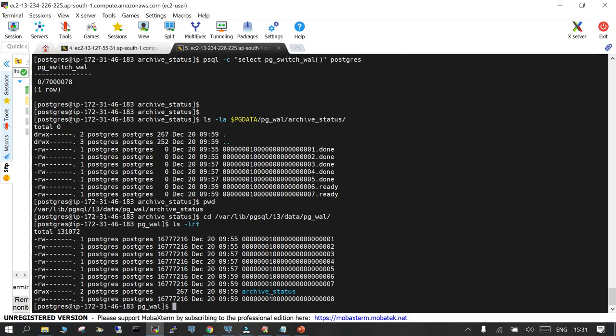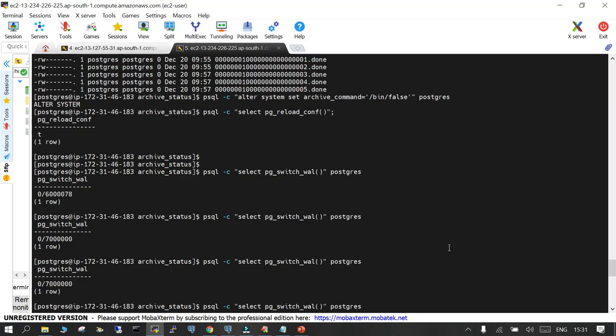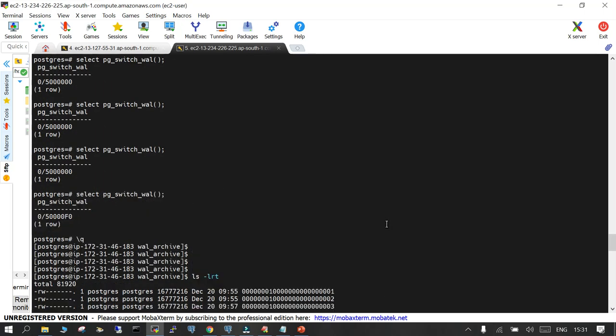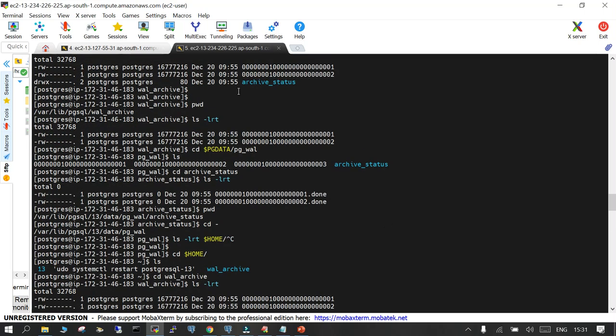If you turn it on again, they will be moved over to the non-default location which you have mentioned. It will not move automatically unless you switch on the archiving again. So